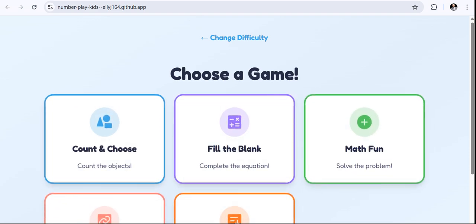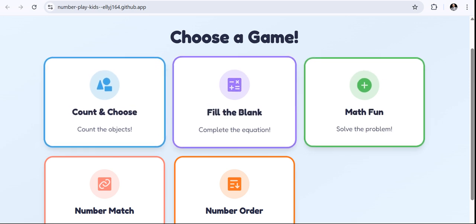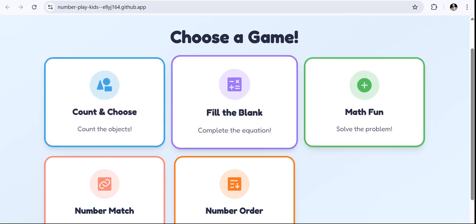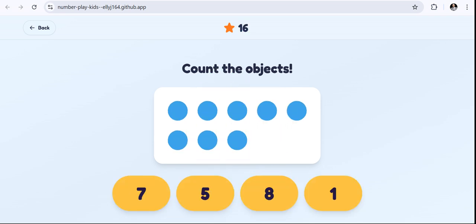So what it does, you can come here and choose a game. Now you have to count. Let's see, count and choose. What it provides is to choose what you do. Let's see how many: 1 2 3 4 5 6 and 9. You can see, fantastic. And also now this is 8, so you can see, great job. And if I say stone, give it another trial. You can see if I bring it to this one,